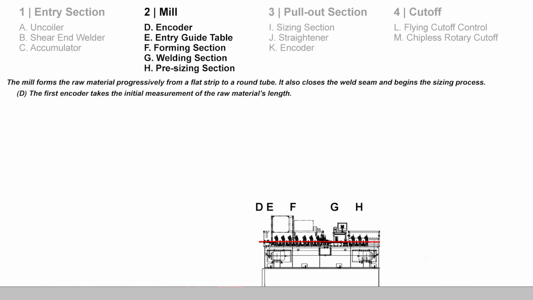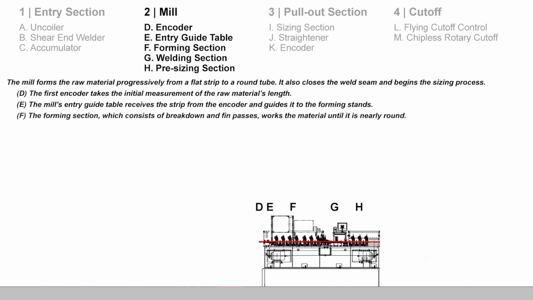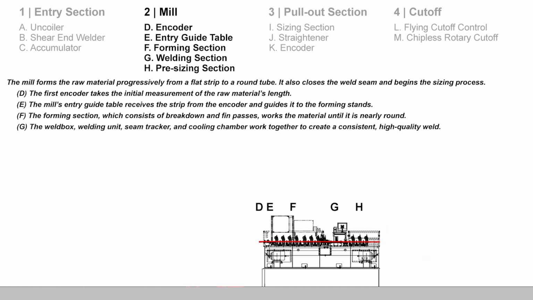The encoder takes an initial measurement of the material's length, and the entry guide table guides the material to the first forming stand. The forming section, which consists of breakdown and fin passes, works the material until the shape is nearly round. The weld box, welding unit, seam tracking unit, and cooling chamber work together to create a consistent, high-quality